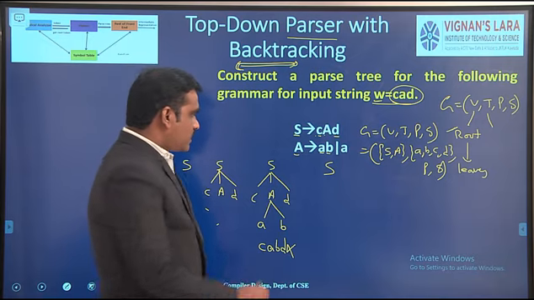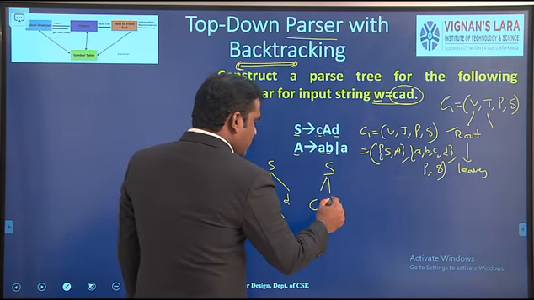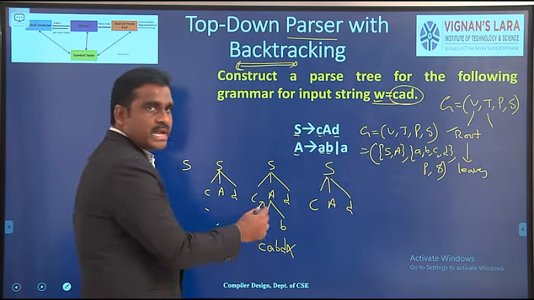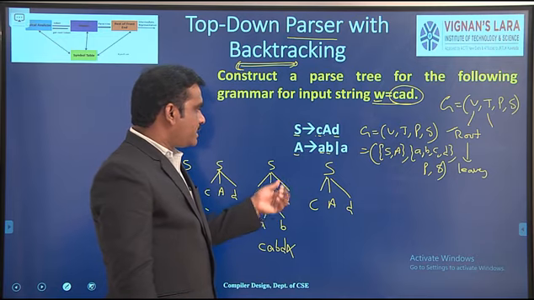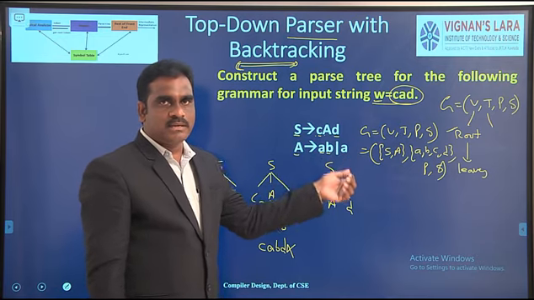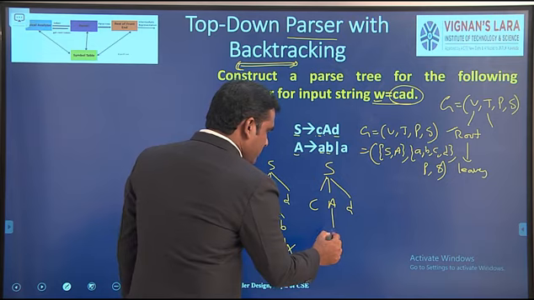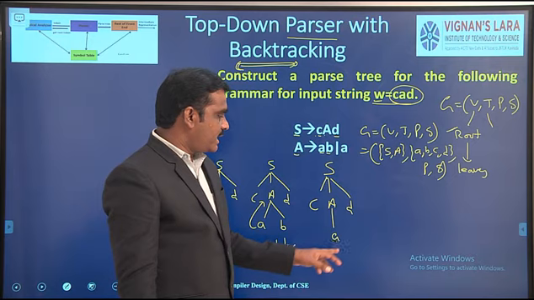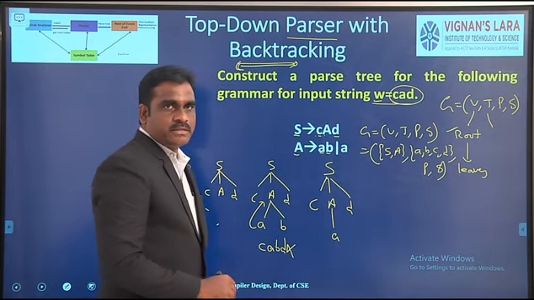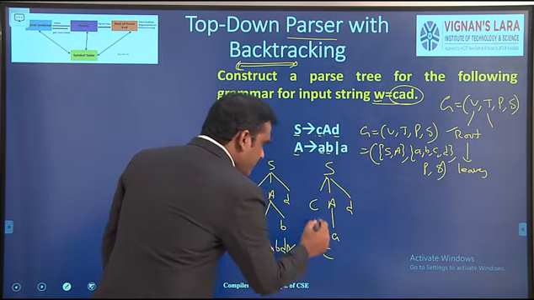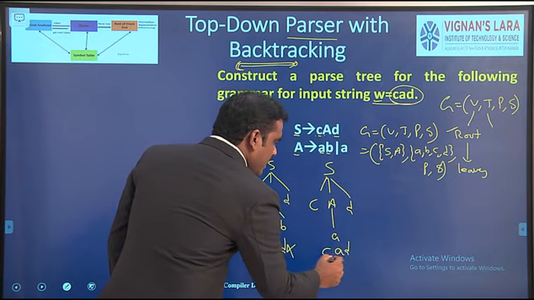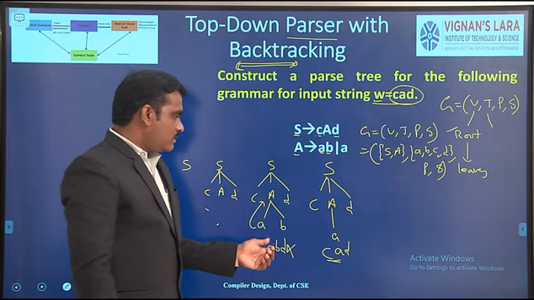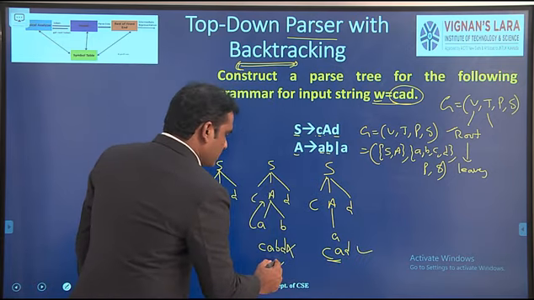So next, in the second step, we go back, and A is replaced with the second option. What is the second option? Small a. Now this time A is replaced with small a. Now each leaf node has a terminal symbol, so the tree is completed. In this case, we have derived CAD. Our objective is to derive CAD. Here we also derived CAD, so this is the correct one. This is the wrong one.